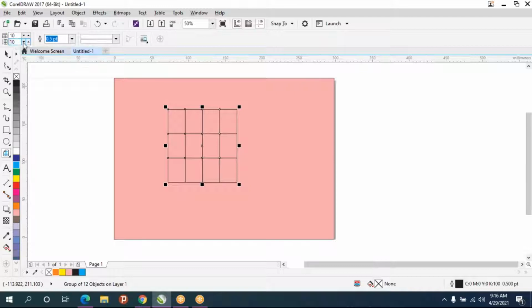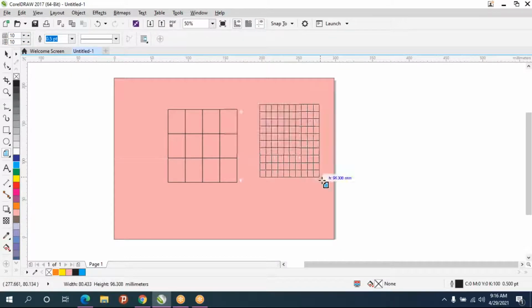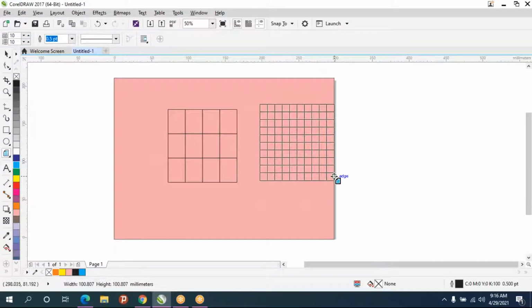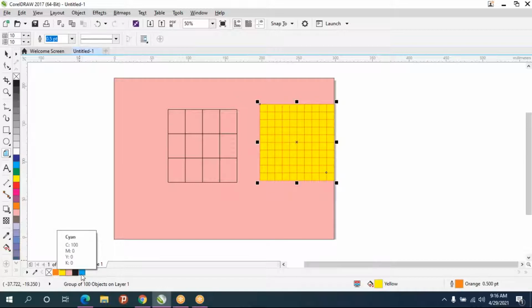I'll give 10 into 10. Then you draw. Hold control for a perfect square check boxes. And then you can fill the color, and outline color also you can give. But individually each box you can't give.